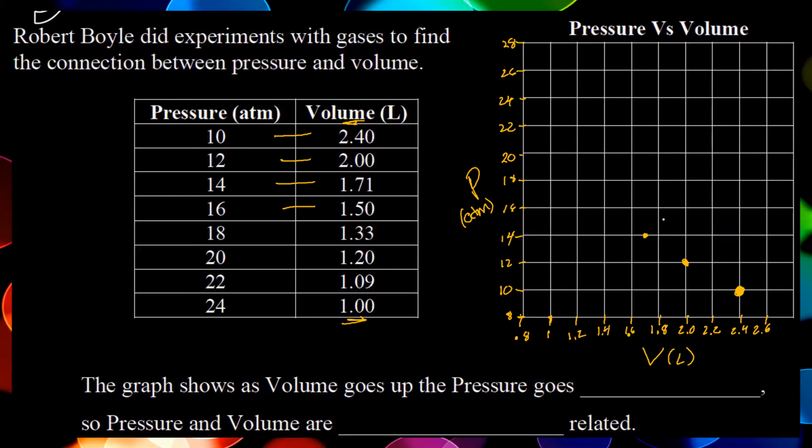16 and 1.5. Again, I don't have a 1.5, but I'm going to guesstimate it. It is clearly right in between 1.4 and 1.6, so I have a good guess as to where that's going to be right there. 18 and 1.33. This is going to be interesting because I want it a little bit closer to the 1.4